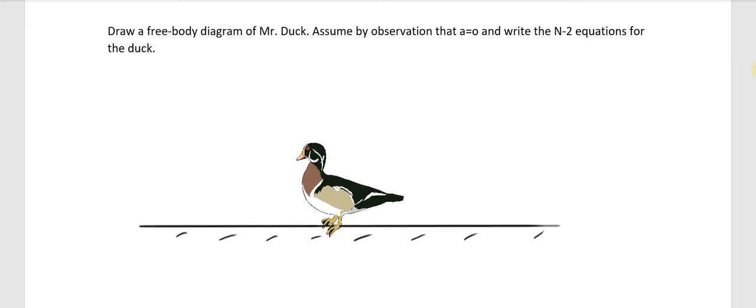Let's see here, Mr. Duck. I got a great big duck at home, so now we're going to start working on drawing the free bodies and then writing the equations from the free body. And we're going to start with this picture of Mr. Duck here. So when we think about the forces acting on that duck,